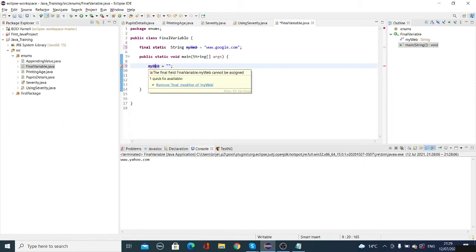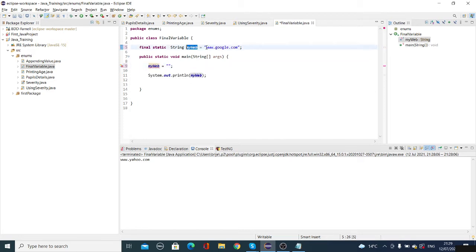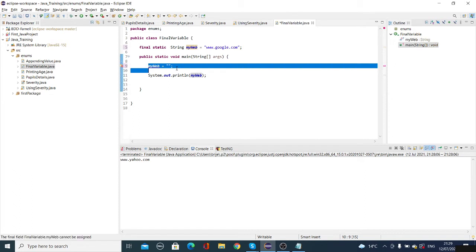What is it saying? Remove final modifier of myWeb. Why is it saying the final variable myWeb cannot be reassigned? You have assigned that value to this variable. This is your variable, and you have assigned this value. Now you are trying to assign a different value to the same variable. This can't happen when you declare this one as final. Understood? And why do we need to do it? Even though I have explained it to you, I say